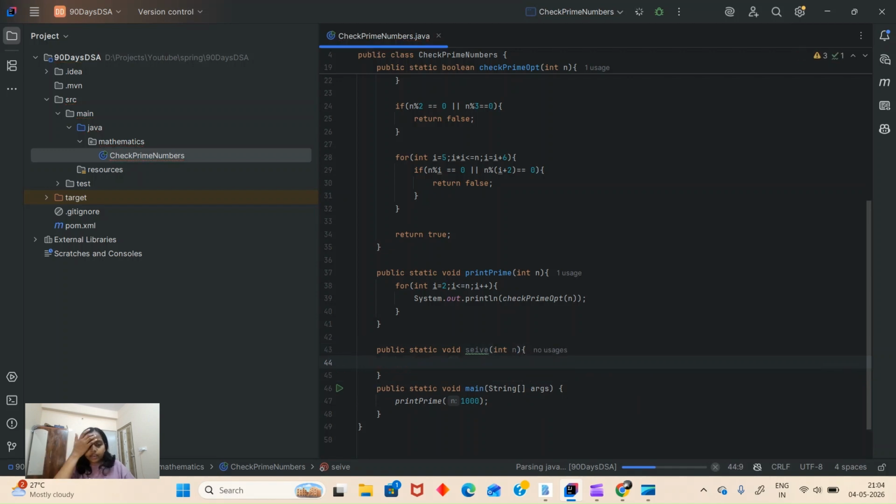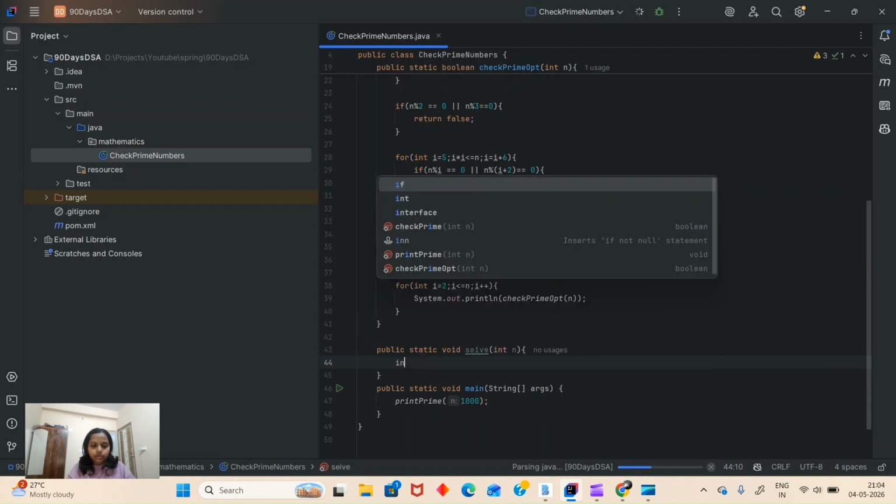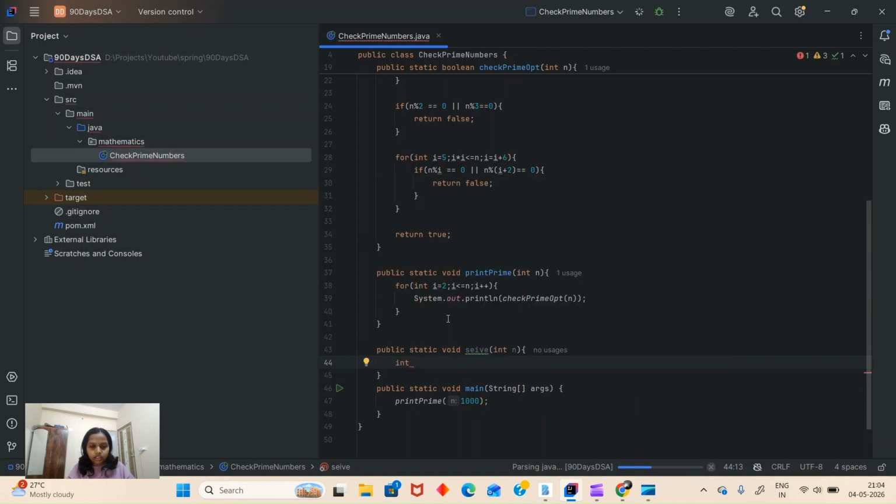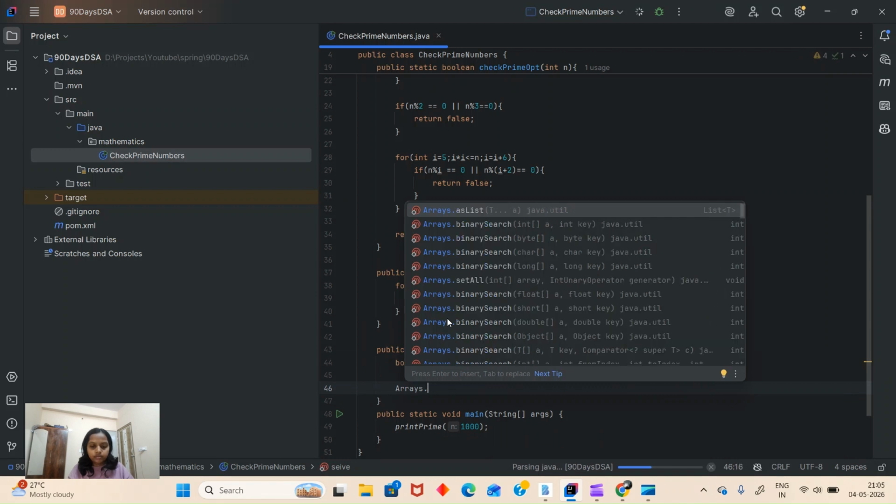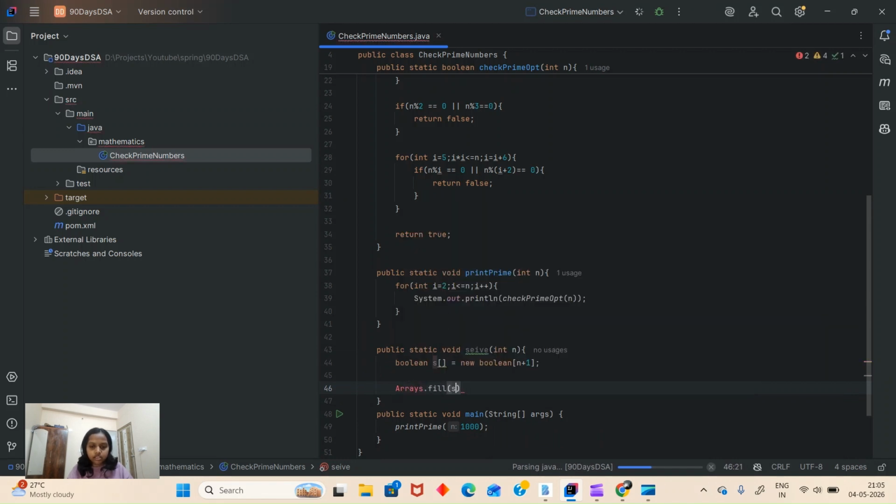You can send l also. Now, instead of this, I'll take boolean s is equal to new boolean n plus 1. Now everything should be true, so Arrays.fill s comma true, and here I'll import this, and everything is true initially.